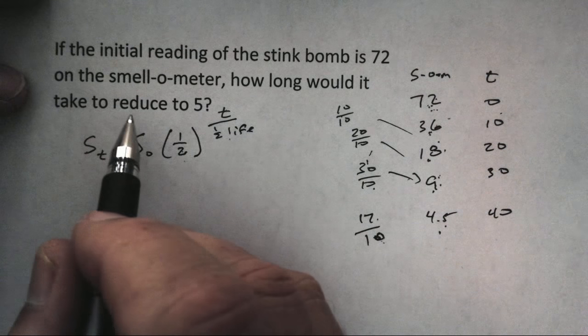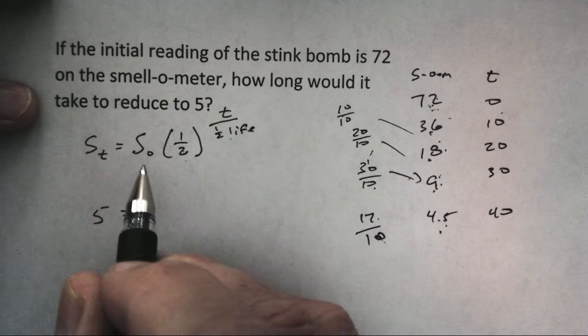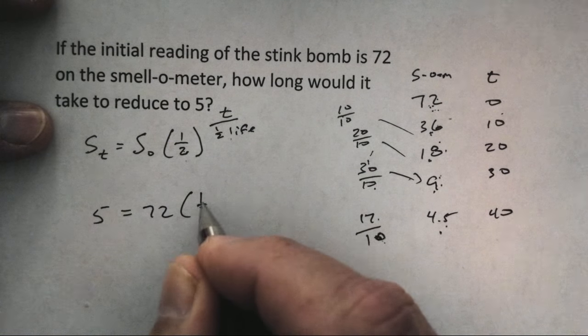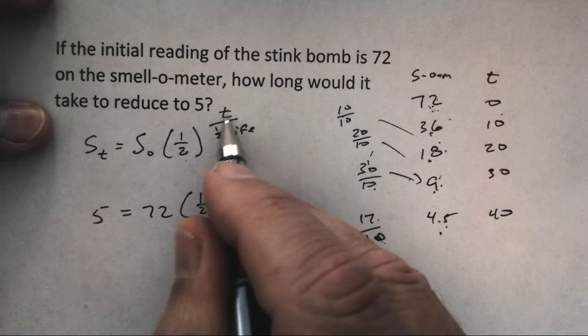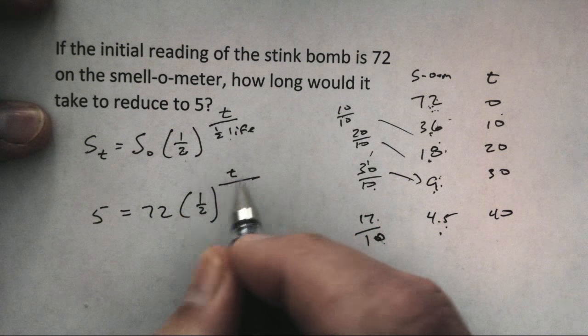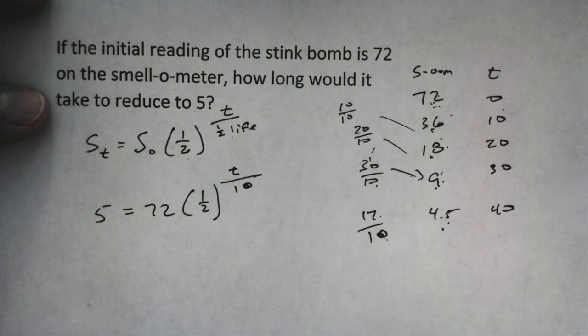So here's what I want. I want my smellometer to reduce to 5. The initial reading was 72. I started multiplying by 1/2. How much time passed? I don't know. But for every 10 minutes, I'm going to divide that and get another increment of a full